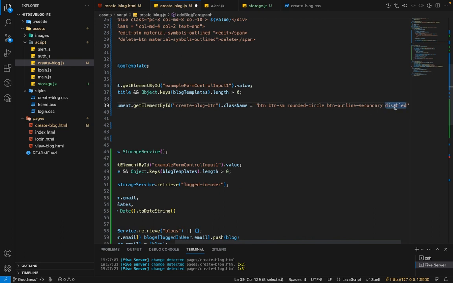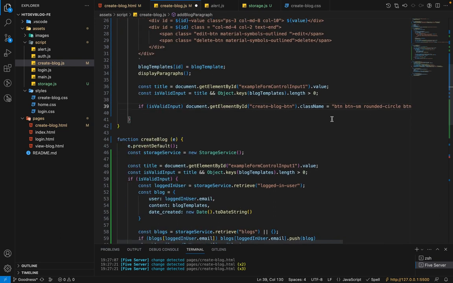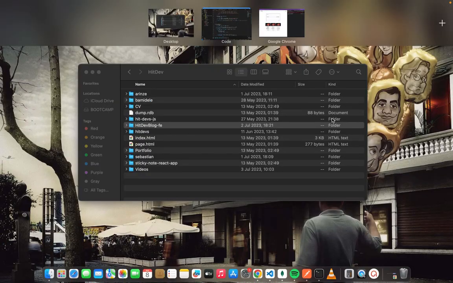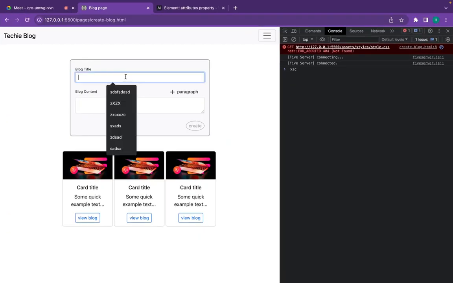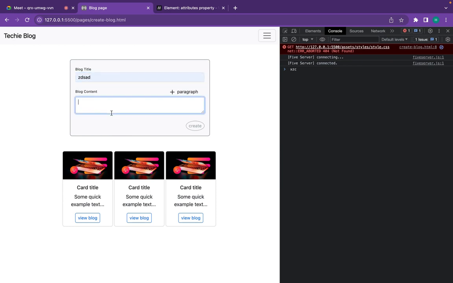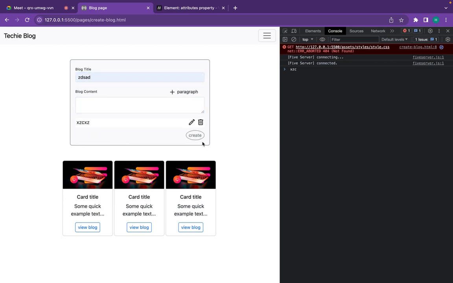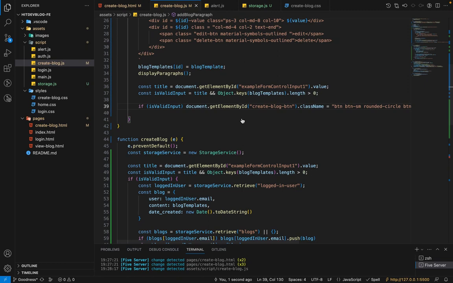I'll remove disabled. It should work. So if I add this, yeah, so it's not enabled here. So else,